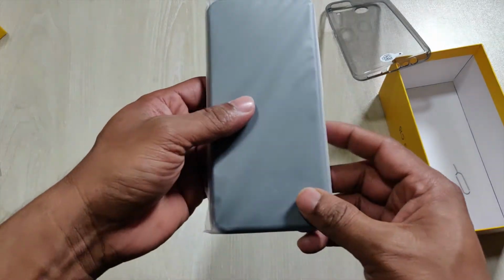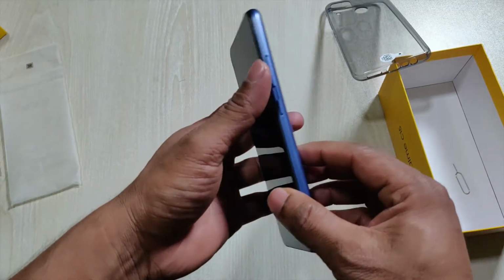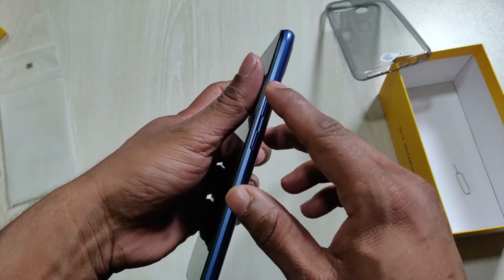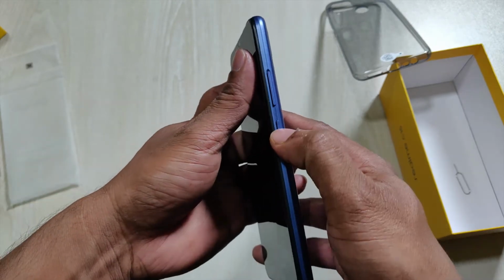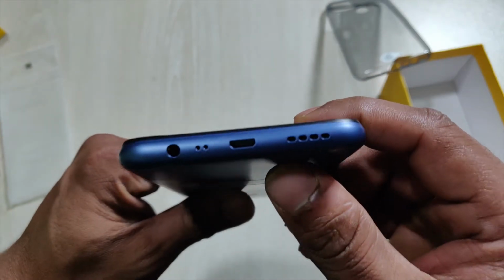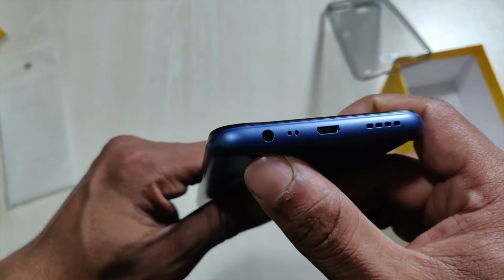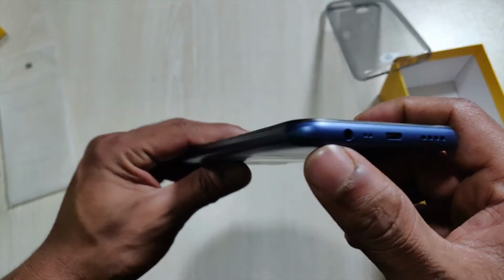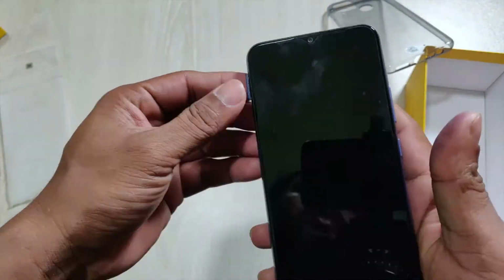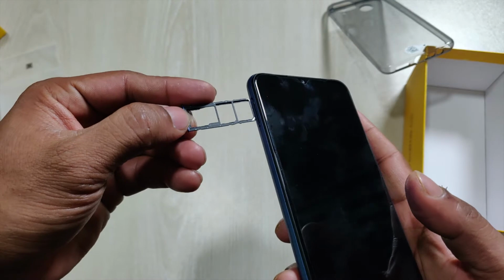So let's talk about the main device. It has two color variants. One is power silver, and on my hand is power blue, matte finish, plastic body. On the right side, as you can see, volume rocker and power key. On the bottom side, as you can see, speaker and micro USB port for charging and data transfer, and two microphone ports. Surprisingly, 3.5mm jack. And on this left side, as you can see, SIM tray. It is hybrid. You can use 2 nano SIM with expandable memory, so you can expand more memory,